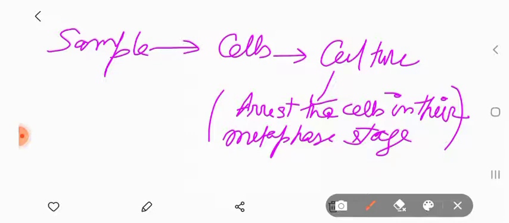They attach to the centromeres of the chromosomes in order to separate the chromosomes equally, so that the chromosomes will be equally distributed among the daughter cells during cell division. So by using colchicine, they disrupt the spindle fibers, so the chromosomes cannot migrate to the opposite poles. They remain in that place, and thus it helps us to easily visualize the cells, the chromosomes at the metaphase stage.